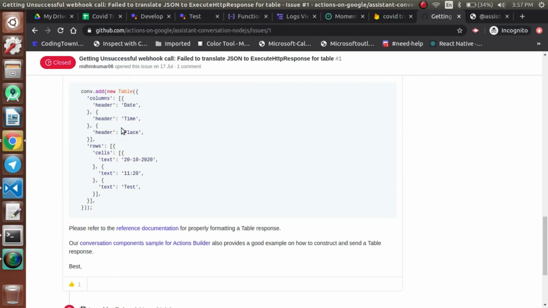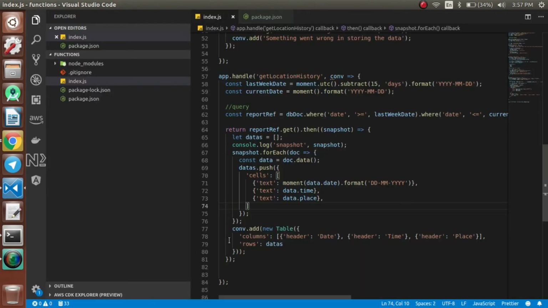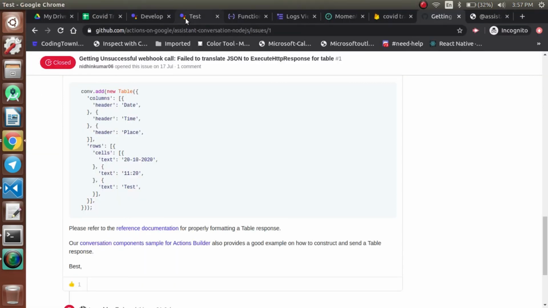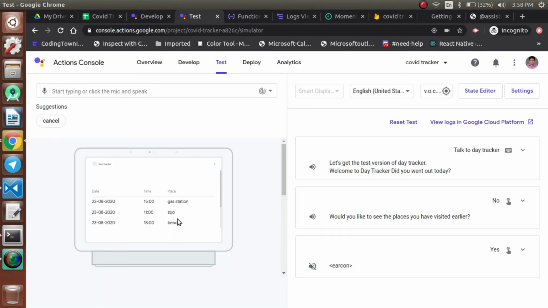So the rows will be an array of objects. Fantastic. What we can do is, we'll be having three sets of conversations here. First thing, when we say yes, the table gets displayed, but there is no conversation here, like "here's the list of places you have visited". So first we'll add that one,